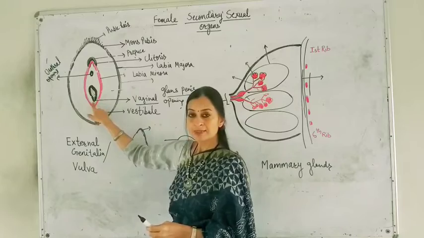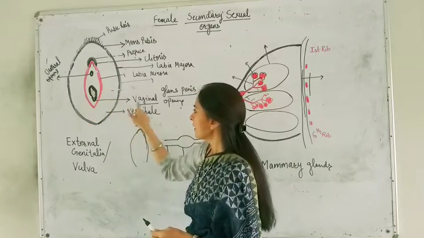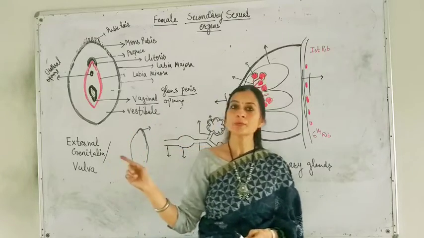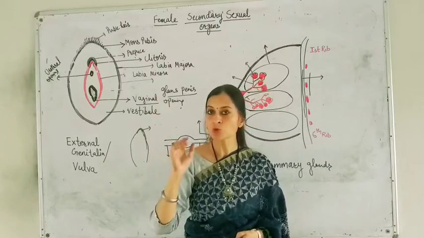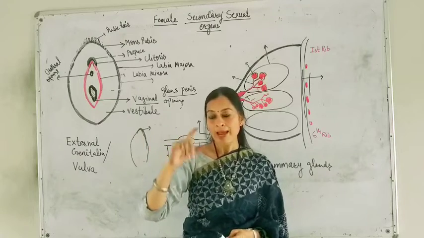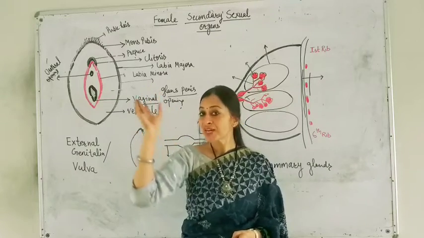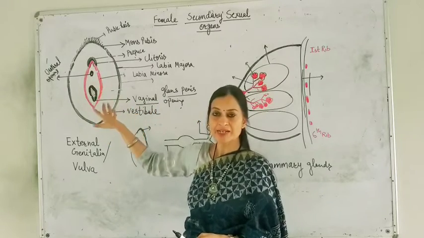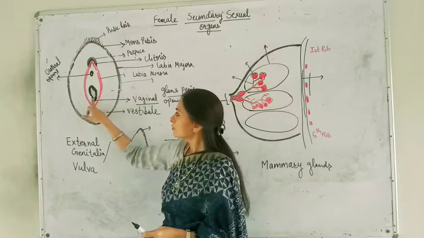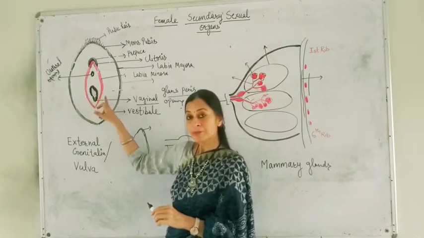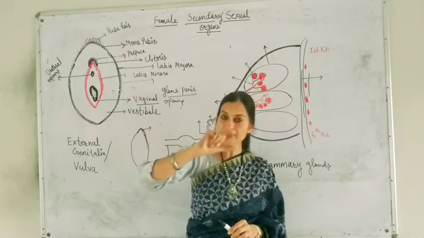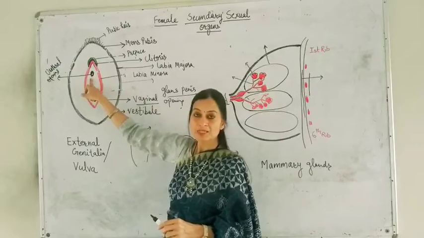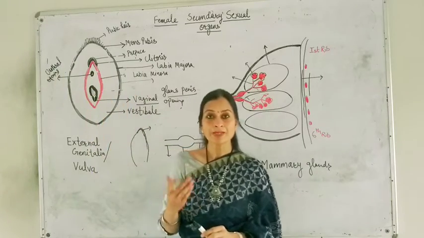But below this there is a large aperture known as the vaginal opening. This is the same vagina that I told you about in the previous lecture, a tubular structure through which the sperms will enter, and the opening of that tube, the vagina, is here in this external genitalia. So this aperture is the space through which the sperms or the semen will enter, while the other is the space through which urine will be passed out.